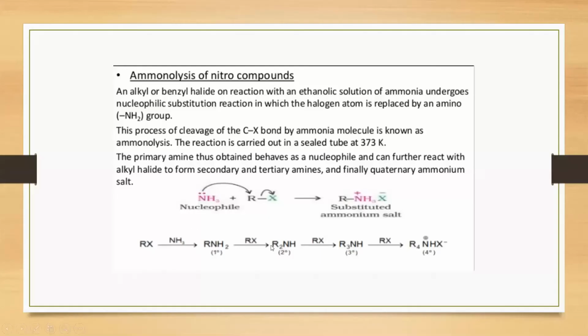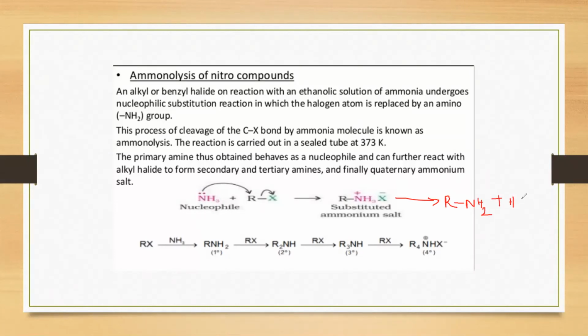So just now I have shown that mechanism to you. Again, listen. The first step is ammonia attacking a molecule of RX, thereby giving you RNH3+ X-. Then RNH3+ X- will remove a hydrogen atom as H+, so that we will be getting from here RNH2 and HX, right? RNH2 plus HX.